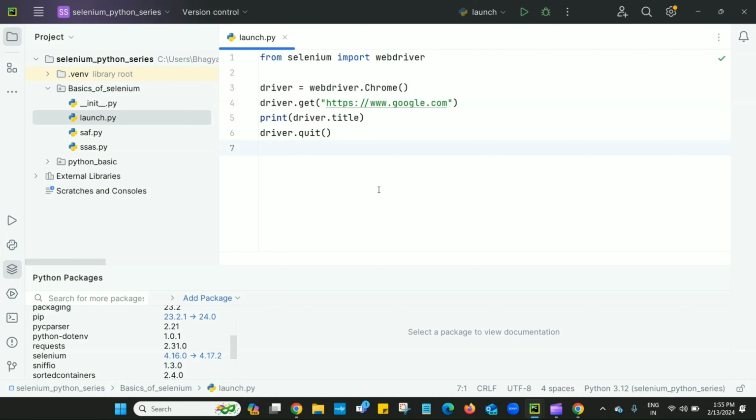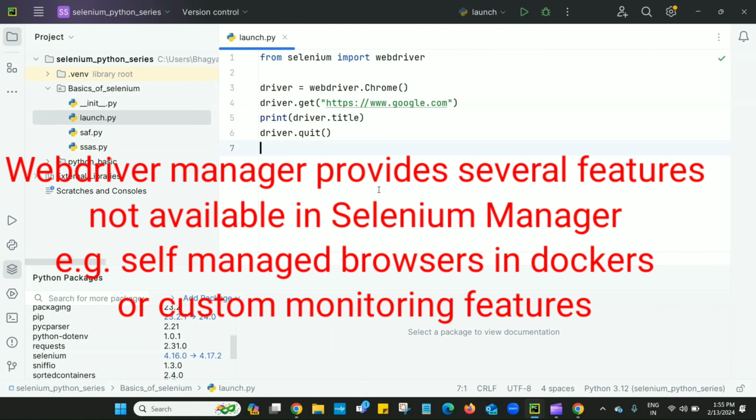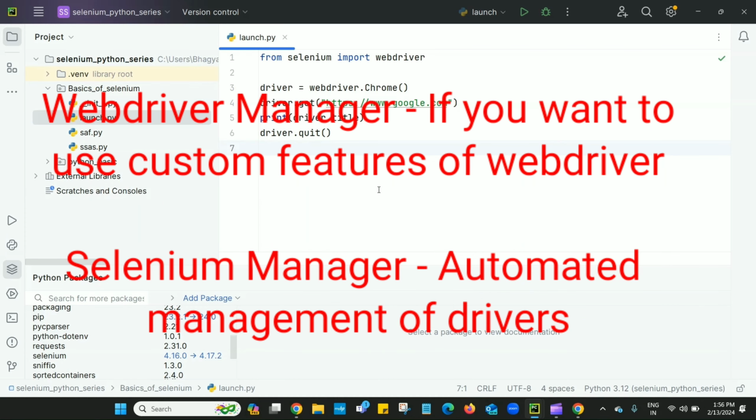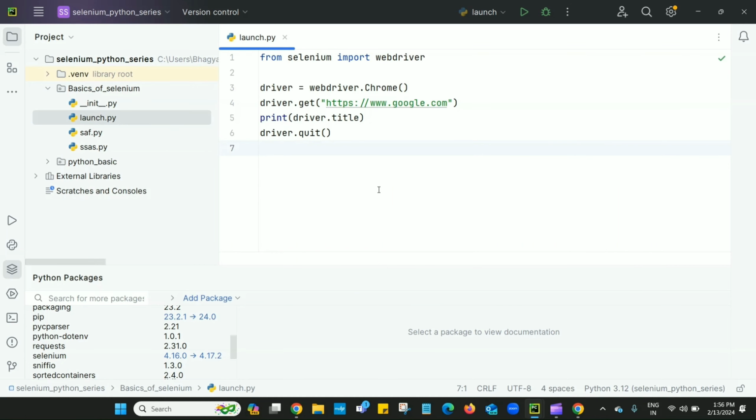But the difference is that WebDriver Manager provides several features that are not available in Selenium Manager, for example self-managed browsers in Docker containers or custom monitoring features. So if someone wants the custom features of WebDriver Manager, then go for WebDriver Manager. And if you are only using it for managing automated drivers, then go for Selenium Manager. That is the main difference.